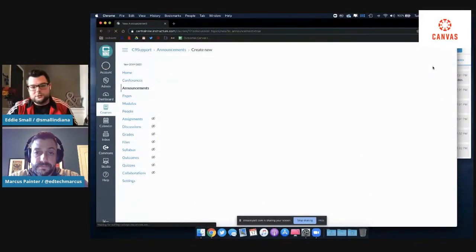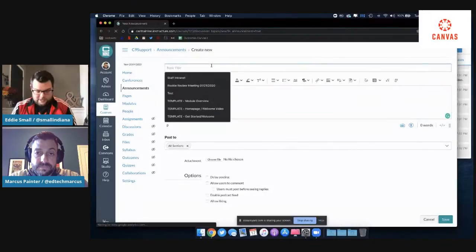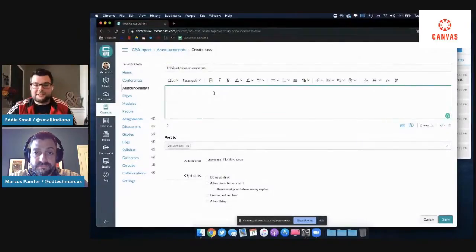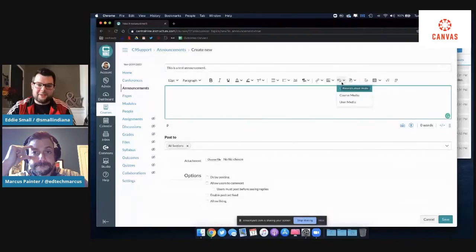And from there, you'll be able to use that rich content editor to put your content inside. So just walking you through here. This is a test announcement. And then from here, you can add details. You still have access to that rich content editor, which allows you to insert links and any type of photos. You can use the media recorder, which is an excellent way to engage with your staff, a baked-in recorded message to people out there. I'll show you some examples of how that really works.